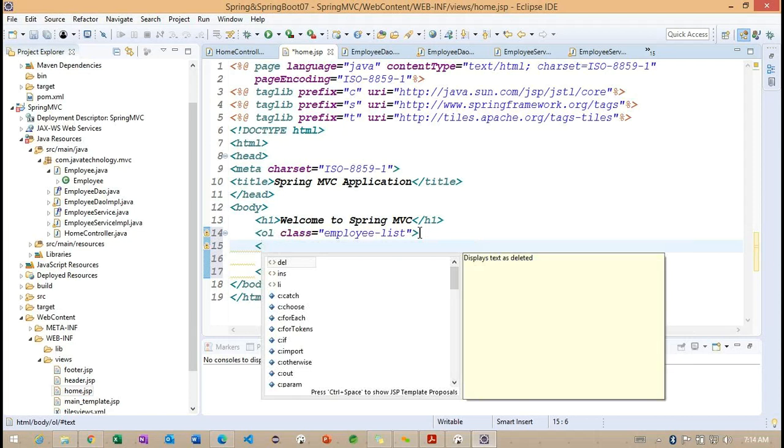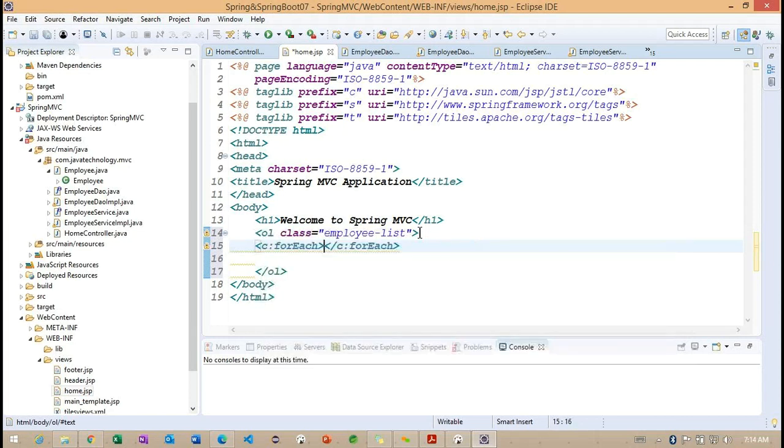c:forEach. So why am I using this particular c:forEach? Because we are going to get multiple records here. So now with the help of this forEach, we'll try to iterate one by one. Getting the point. Here I want to make the variable name something called employee, and I want to make items here. This particular items we are going to load from the